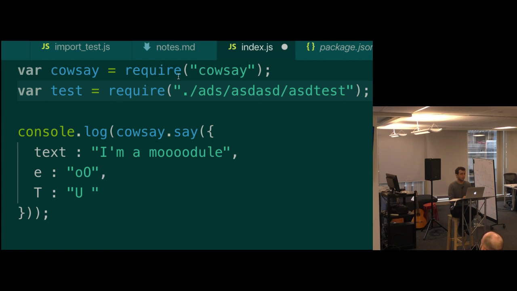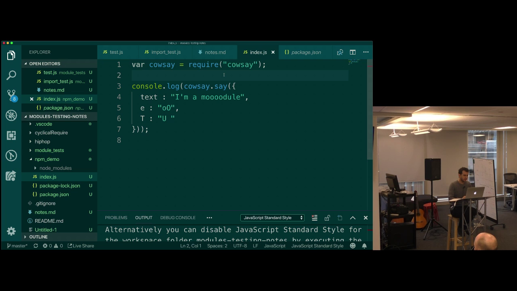If I am importing a module that I npm installed, then we don't need a dot and a slash. We just write the name of the module, and Node then knows where to find it. If you write cowsay like this, Node will know where to find it. So it looks almost identical to the other code that we'd written. It's just the path is different.